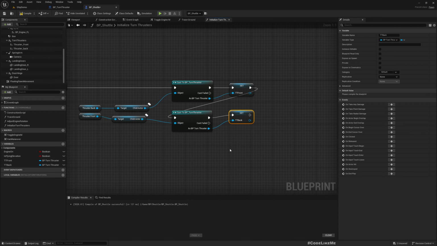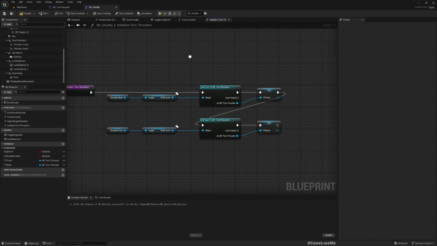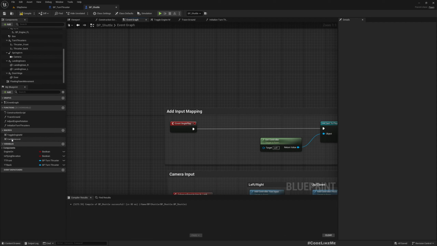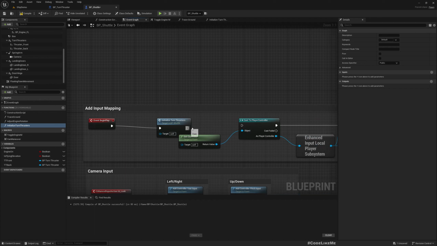Should be connected. Okay, now I'll call this function here in the begin play,